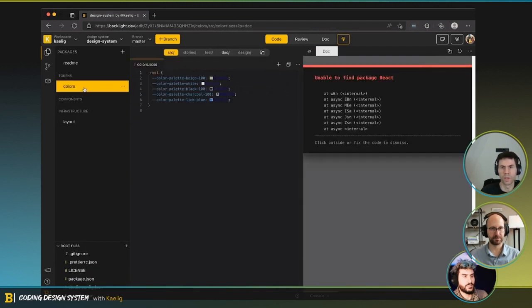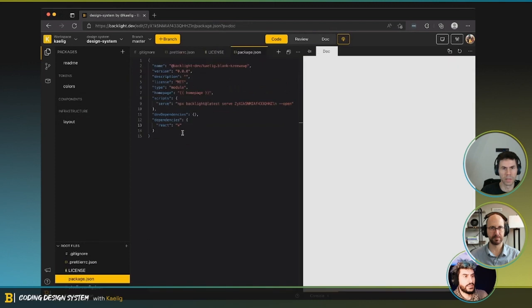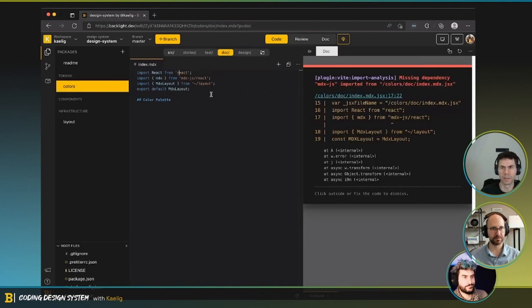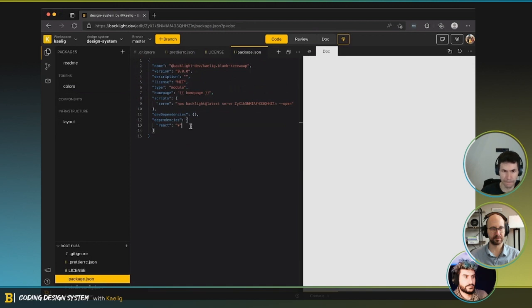And so if we go back to colors, same things, but the MDX stuff. Did I miss something? Dependency? Maybe you have a capital in your import of React. Yeah. So missing dependency, of course, we need this as well. Probably stick on version 1 because with MDX2, the MDX export didn't work.